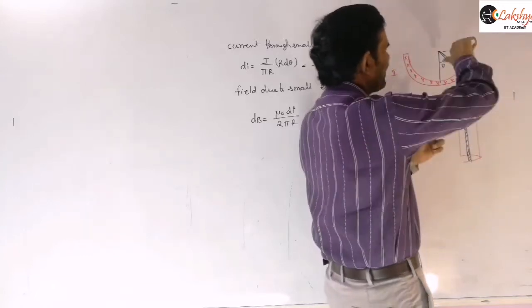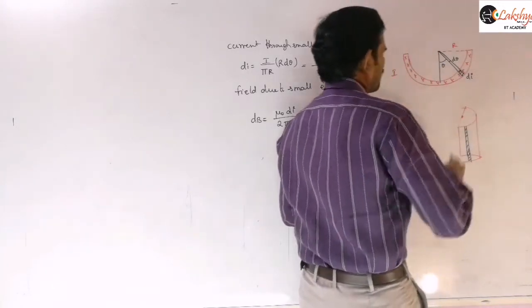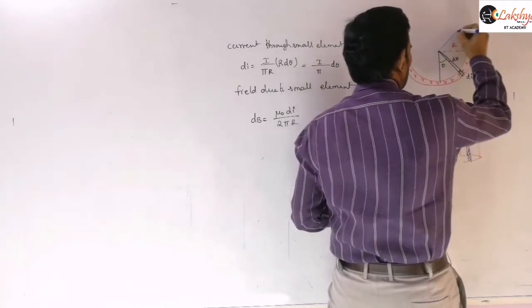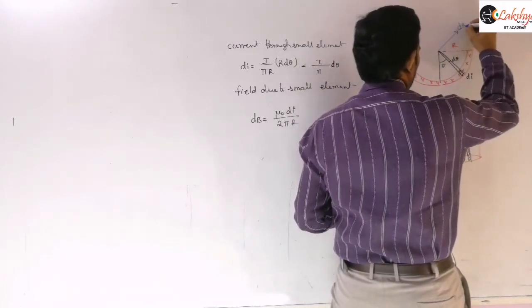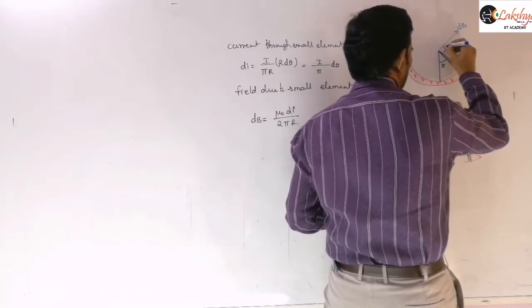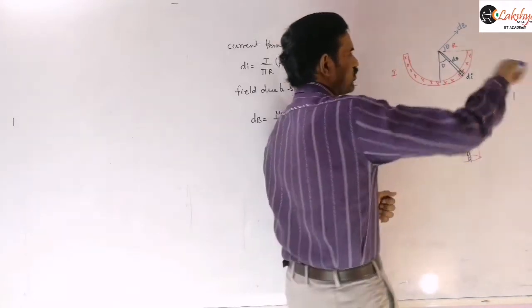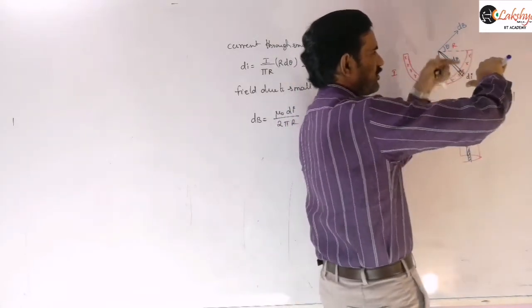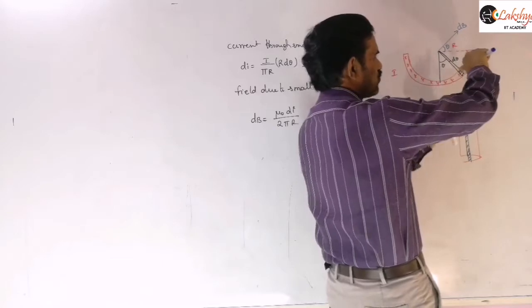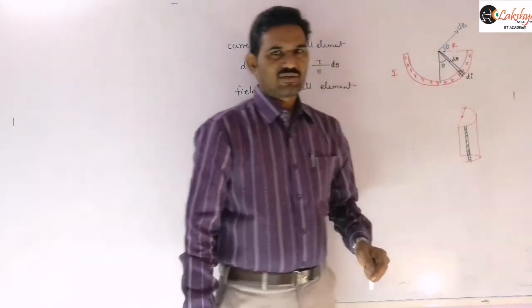And so that means the field lines will be there like this. So the magnetic field at this point, I can represent the magnetic field direction dB, will be along this direction here, and it makes an angle theta with this. Is it clear? The current is flowing into the plane we are taking. So the field lines you will get like this due to this element. So at this point we are taking this dB along the direction, right?